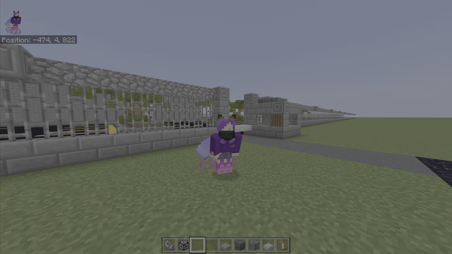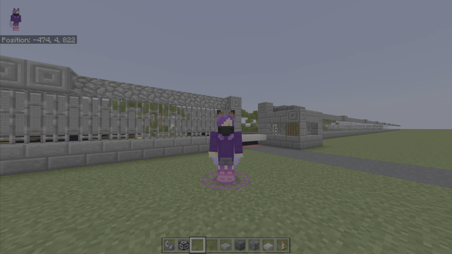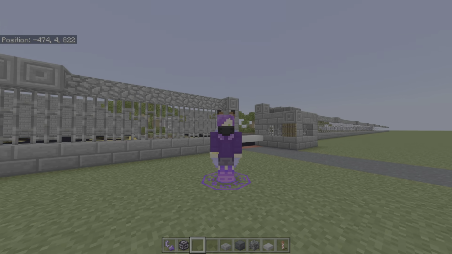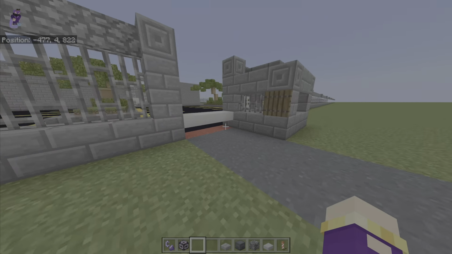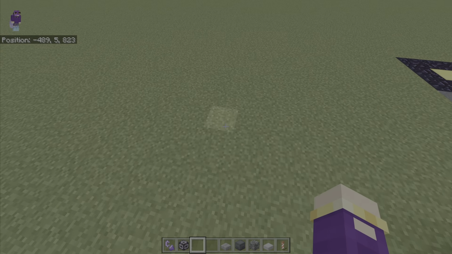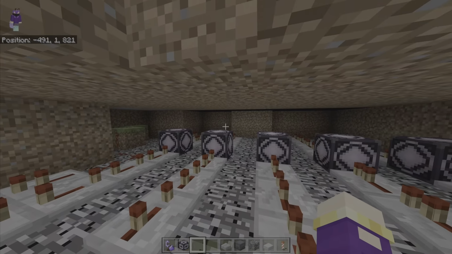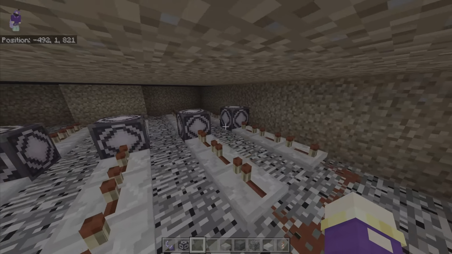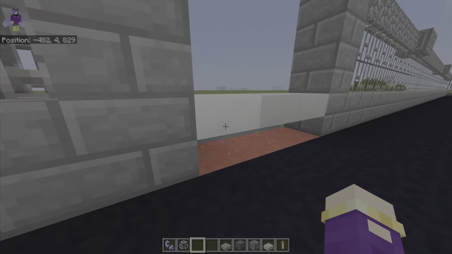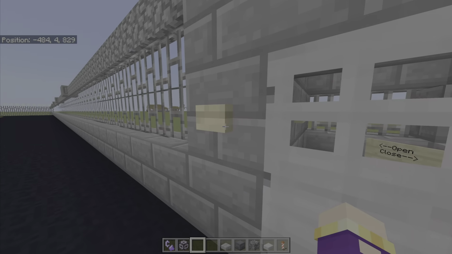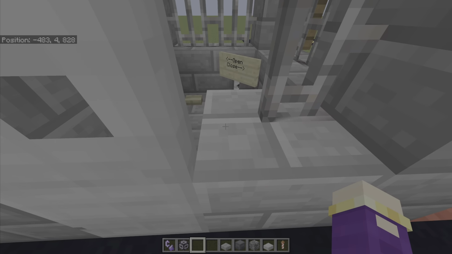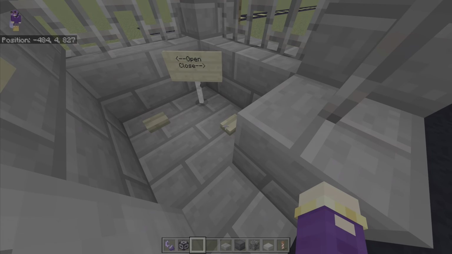And by far, the coolest thing you can do with structure blocks is part 3, animation. Yeah, you heard me right. Animation. Using structure blocks, if you just connect it to a simple redstone circuit. Let's just go down here. With just a few structure blocks, you can make a fully animated, like right here, this is an airport gate. If I want to open it, animated gate. If I want to close it,